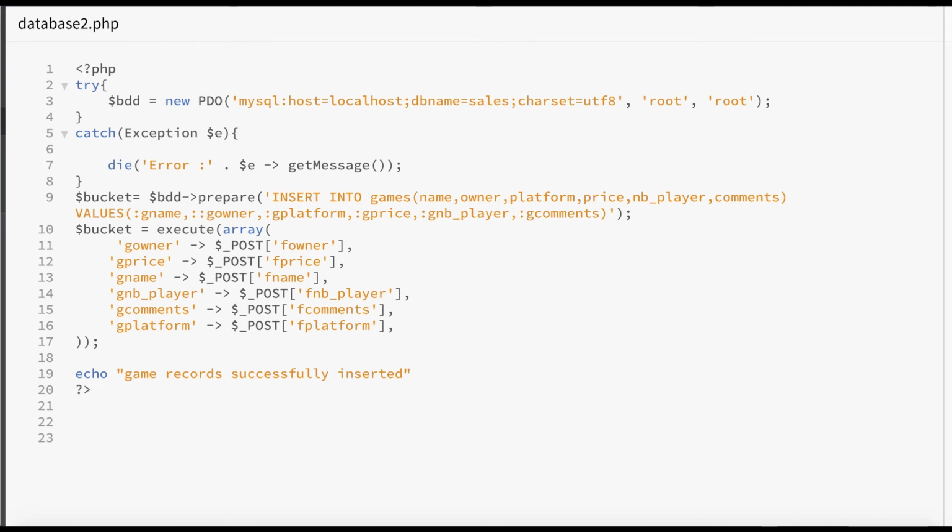And since we are using a form, you must write the link to go back to the form.